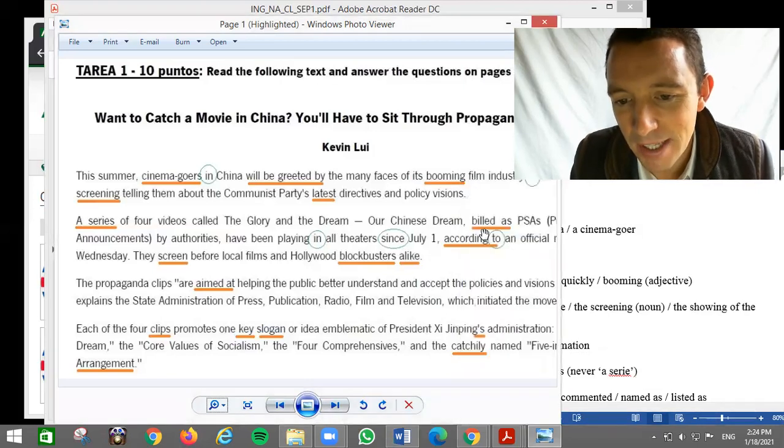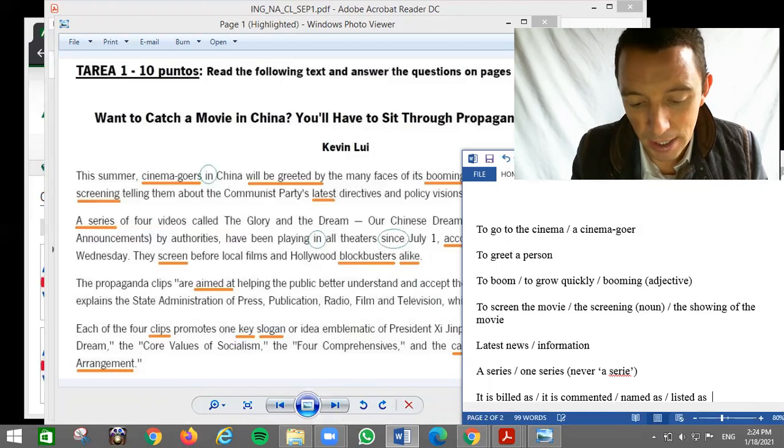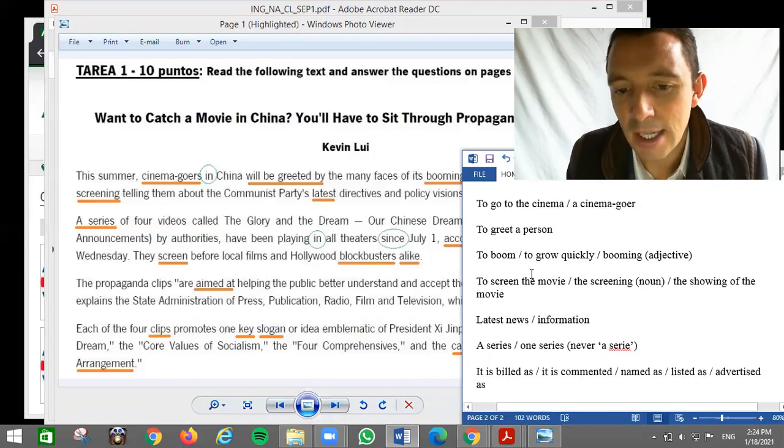So here it's billed as or advertised, probably advertised as. That's the best translation or the best synonym, advertised as. Okay,